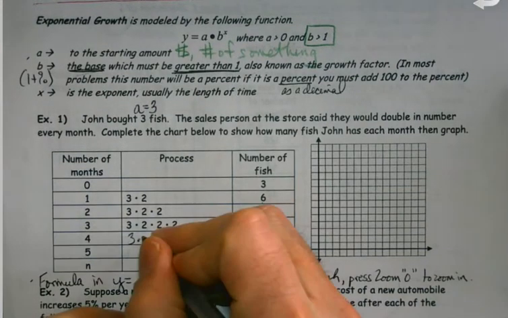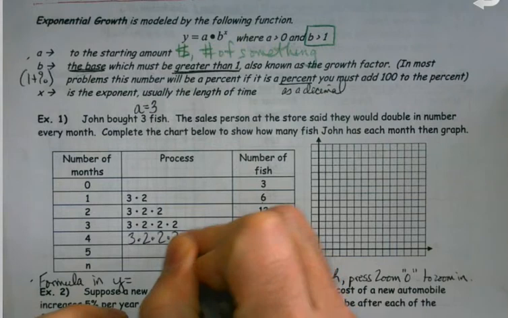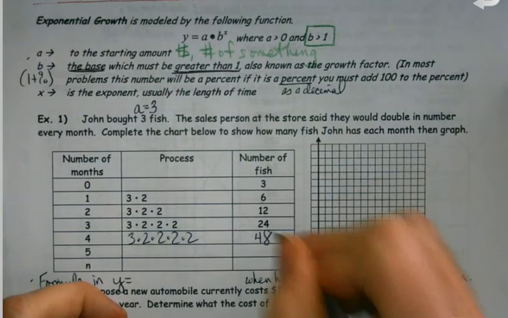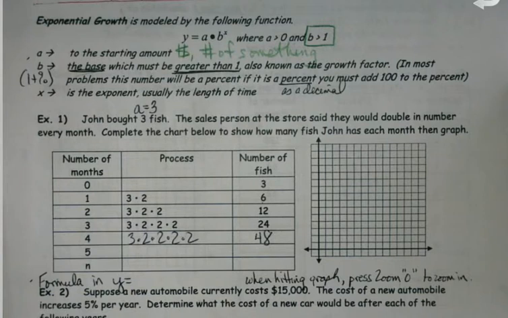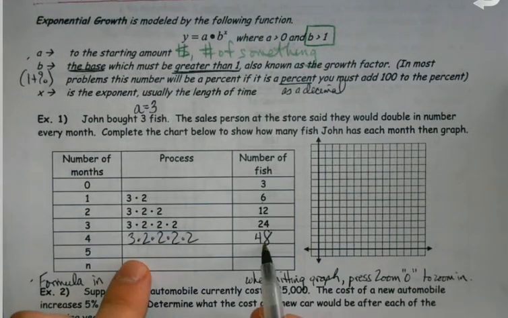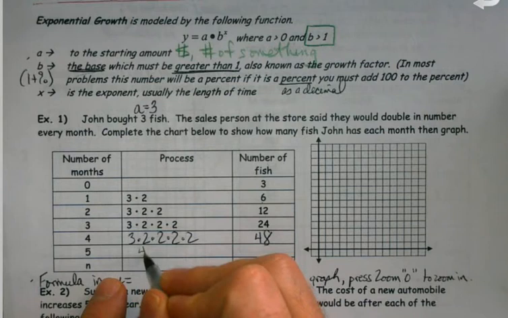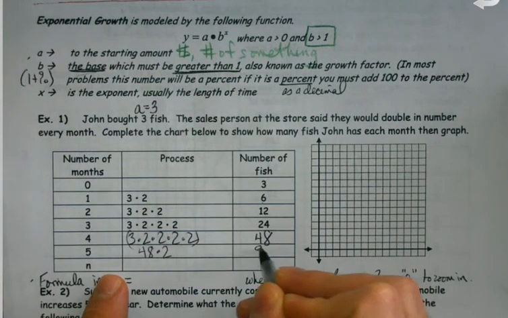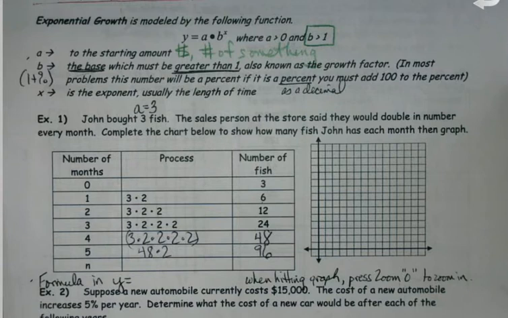Now, instead of having to write all of that out to figure out the 48, what I can do as I go month to month is just take the prior month, which is all of this stuff, and just times it by 2. But then it gets kind of interesting, because you're like, wait a minute, number of months, n? What's that supposed to mean? Well,